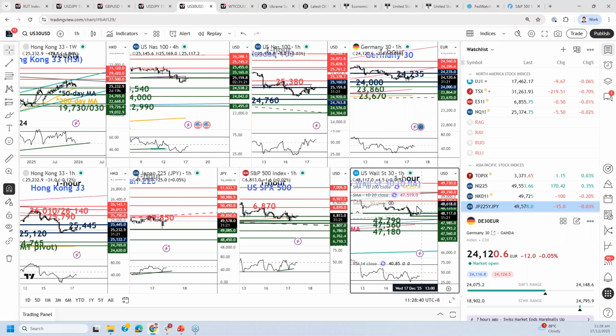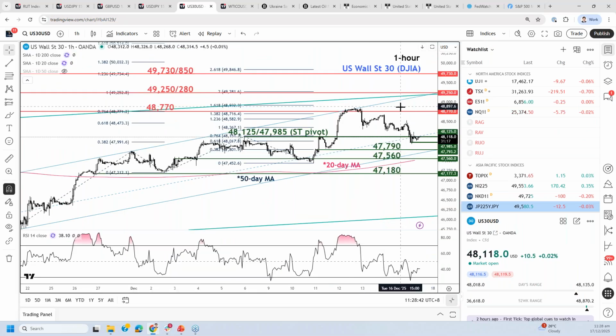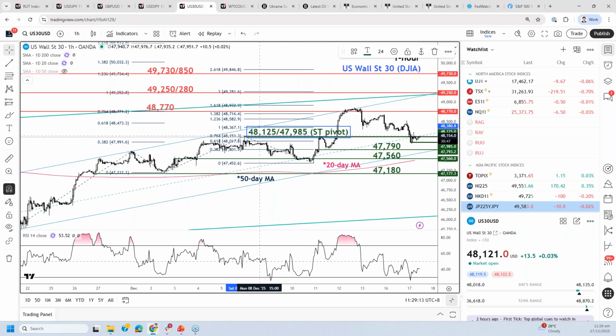Next up will be the US Wall Street 30. So the US Wall Street 30 challenged our pivotal support area over here before staging a bounce. So what you could see now is that the US Wall Street 30, that is representing the Dow Jones Industrial Average, managed to stage a bounce. So we will tolerate the excess for now over here to yesterday's minor swing low during the 3 a.m. Singapore time today at 47,985. So neutral between 48,000 and still maintaining that bullish bias using 48,125 / 47,985.